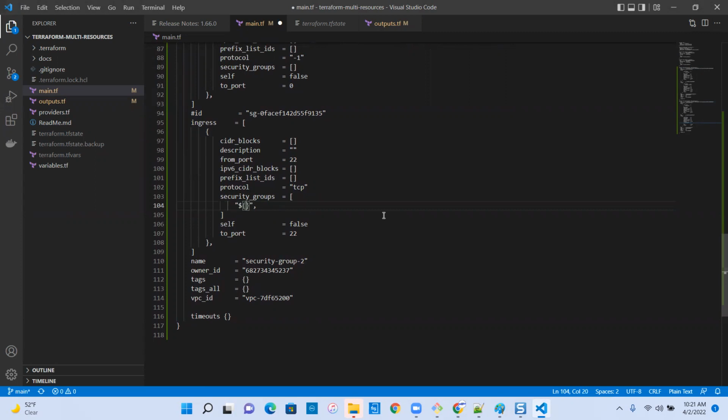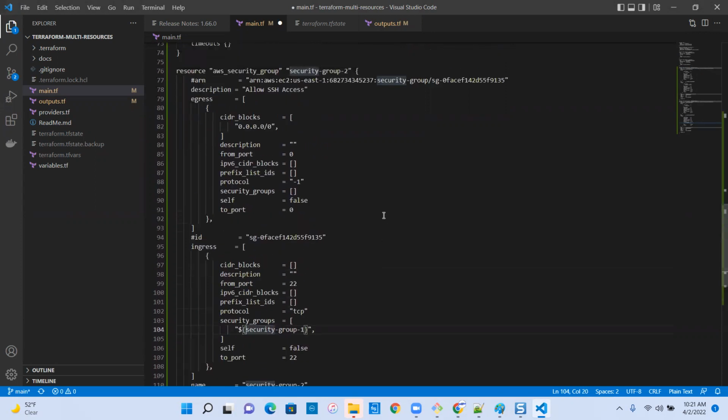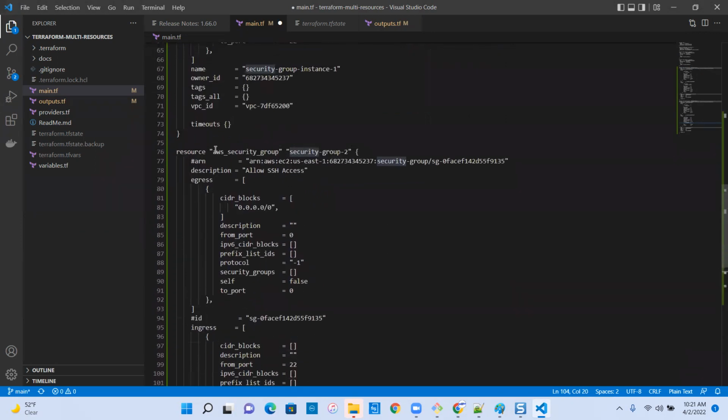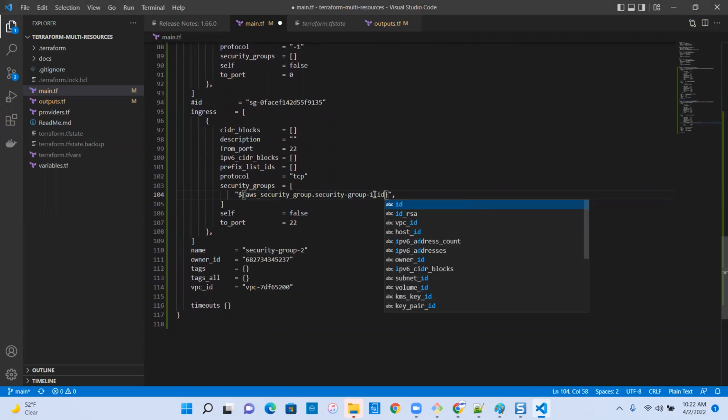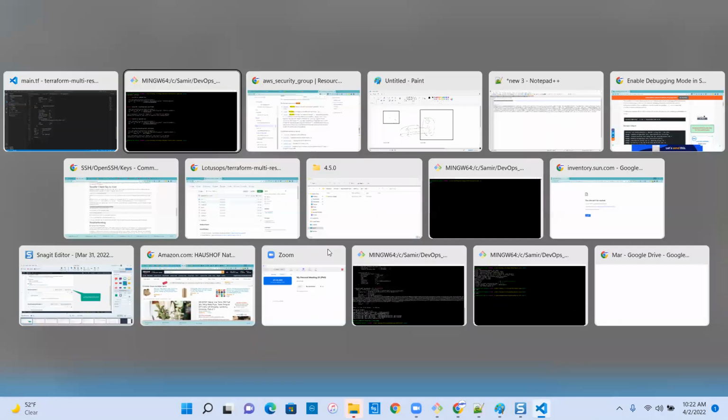I don't even need those double quotes technically. I could directly use the name. So aws_security_group.security_group_1.id. You see, it is giving me help. All right, let's go